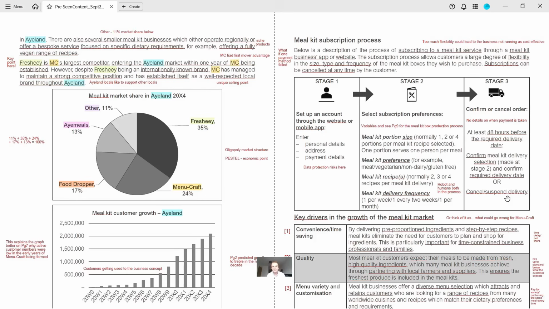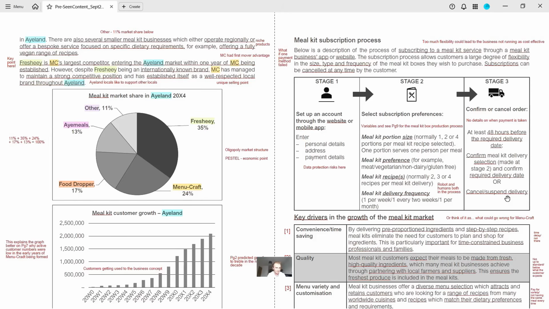So Ireland's like to support other locals. The actual company of MenuCraft hire Irish employees on there. It's its unique selling point. MC actually had first mover advantage, as we saw before, so that is where they are more loyal in terms